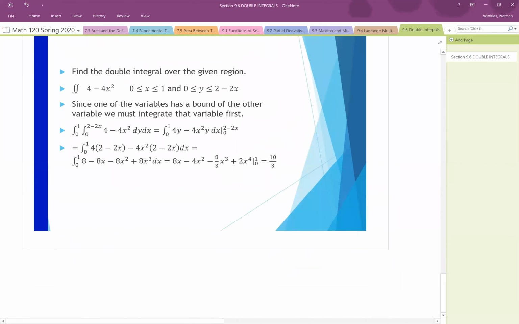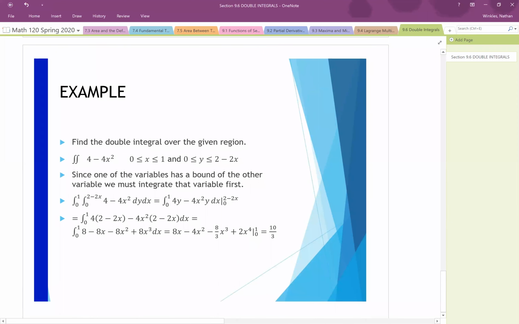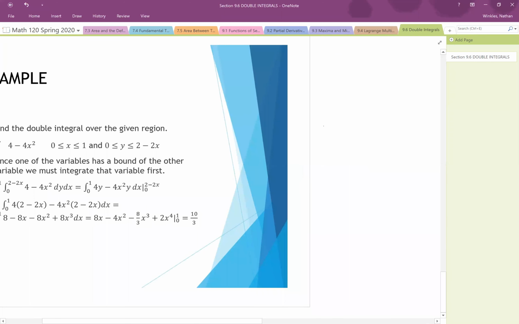So as our last example here, find the double integral over the given region of 4 minus 4x squared, for x greater than or equal to 0 and less than or equal to 1, and y greater than or equal to 0 and less than or equal to 2 minus 2x. Now, since we have